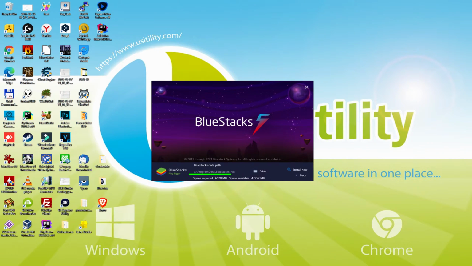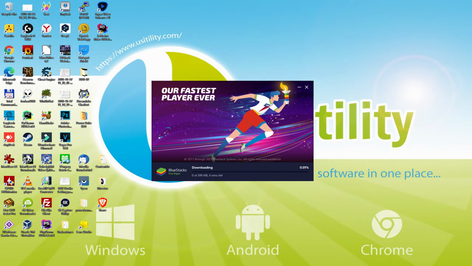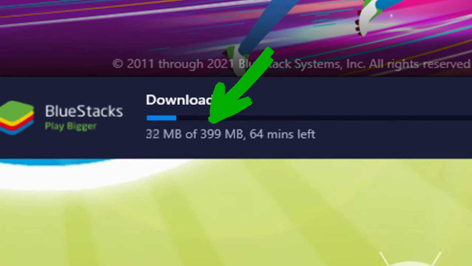And we discover that we get here the path where the emulator will be set up. If we choose to modify this directory, we have to click on that Browse button, and then we choose another folder and install the emulator exactly where we want. I prefer to leave it where it is. I click on Back, and I pick Install. Now, there it is. The install starts and it goes forward together with the download of those megabytes which are shown on our screen.